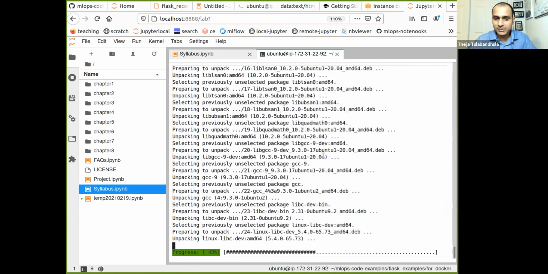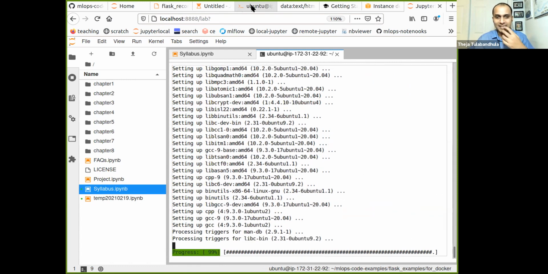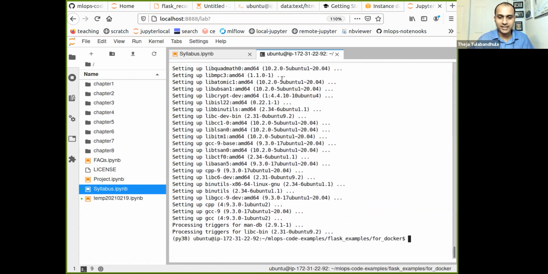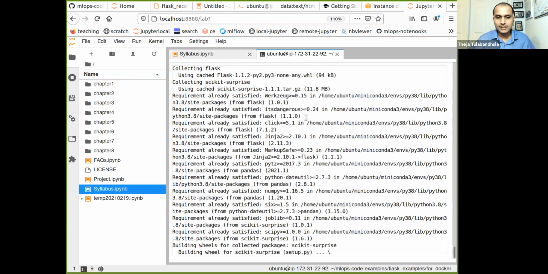So GCC is a compiler for C and C++ as well. Sorry about a couple of detours. I thought the machine would have enough power to at least run Docker and create a Docker image, but it looks like the machine that I had previously did not. Okay, so once we install Surprise, we just have to install Torch, and we should have everything for running the Flask app. And now I need to also define the Docker file. I'll do that in a second.